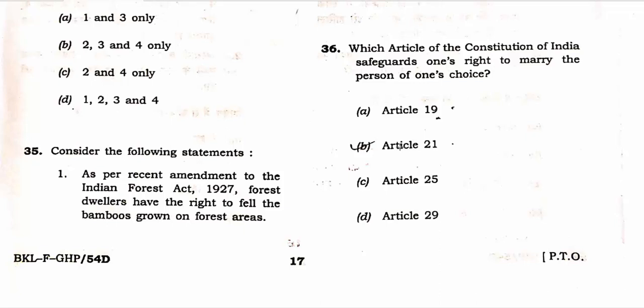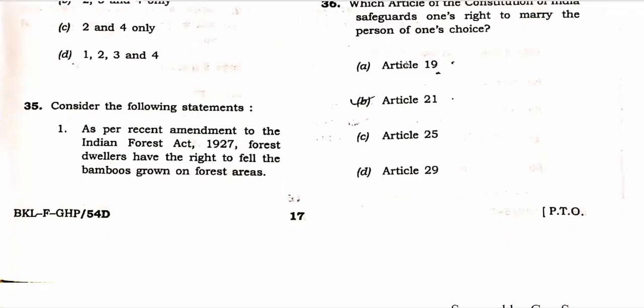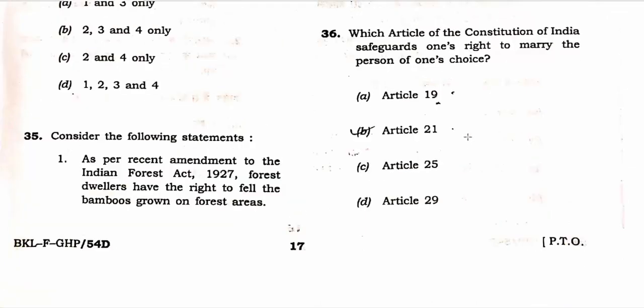So they've framed it in such a way that, with an analytical approach, it should be a very easy question for you all. But if you did not know, this would have been the most difficult one to do. If you say the most likely answer should be only B, Article 21, if you had kept in touch with your current affairs. 19, 25 and 29 cannot be the answer, it is B, that is Article 21. So this was a very brilliant question that the UPSC has formed.